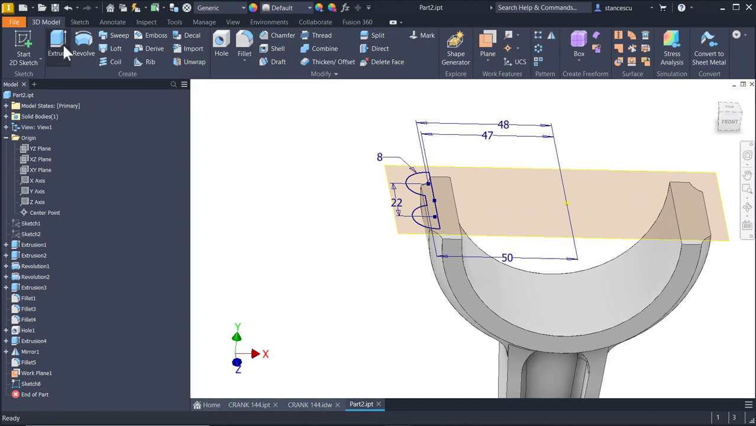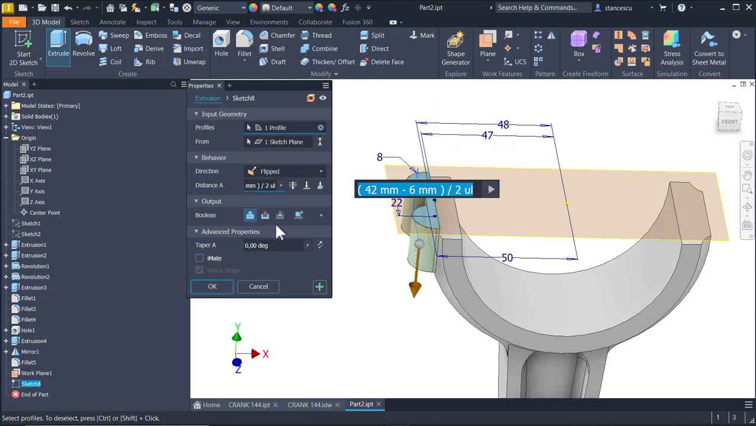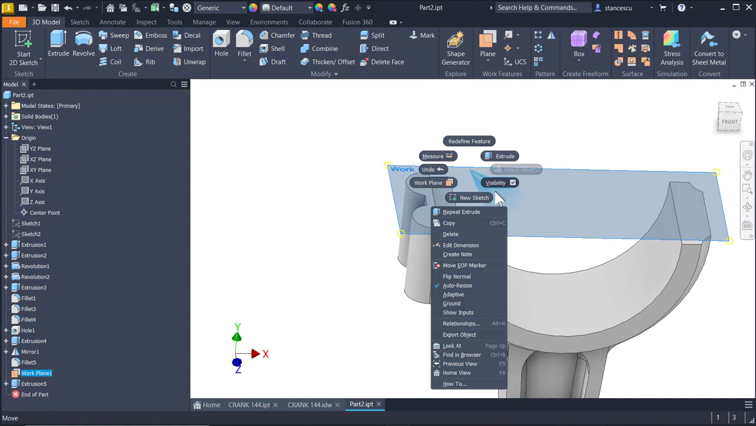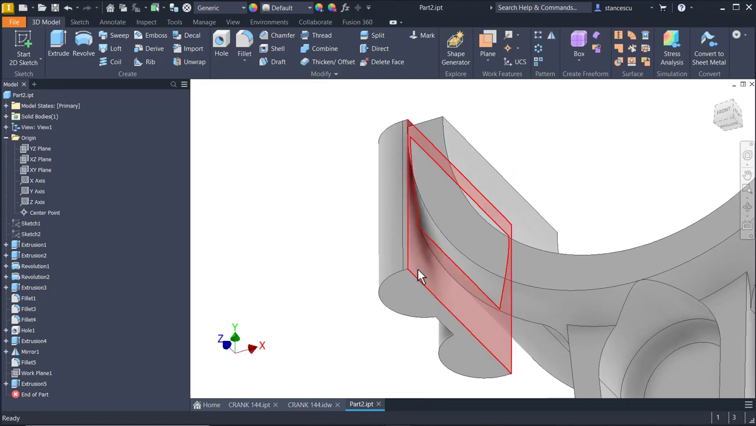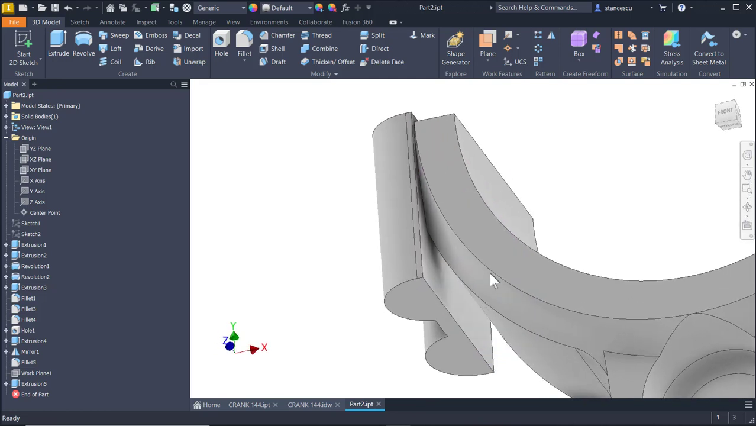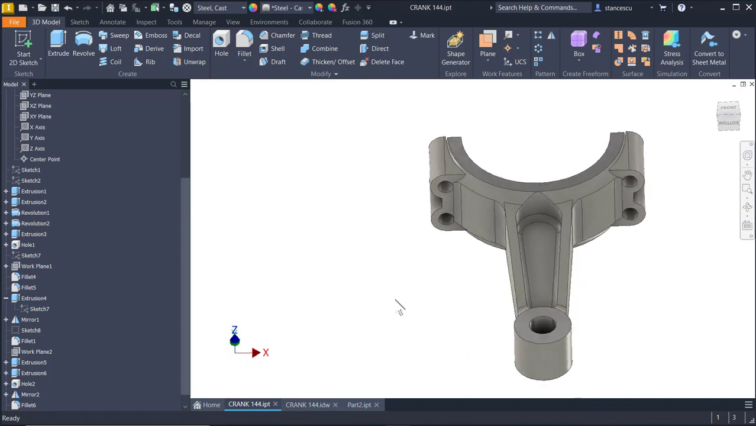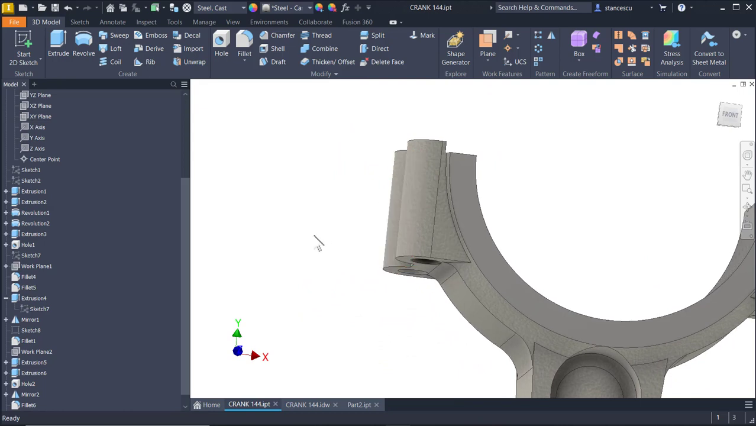My friends, extrude 31. Okay, this must not be visible, and now we have to create an extrusion to the part. You see, if we take a look here, we see this extrusion. Let's